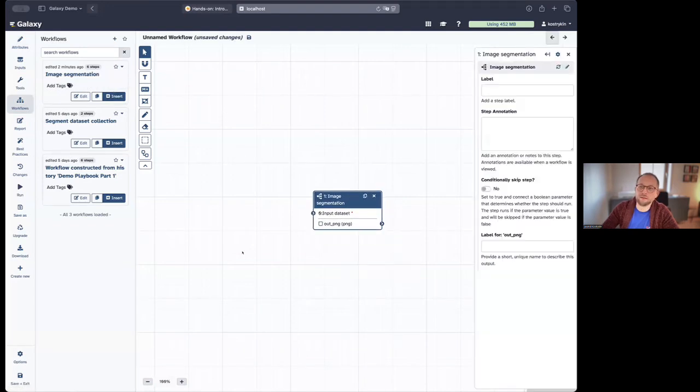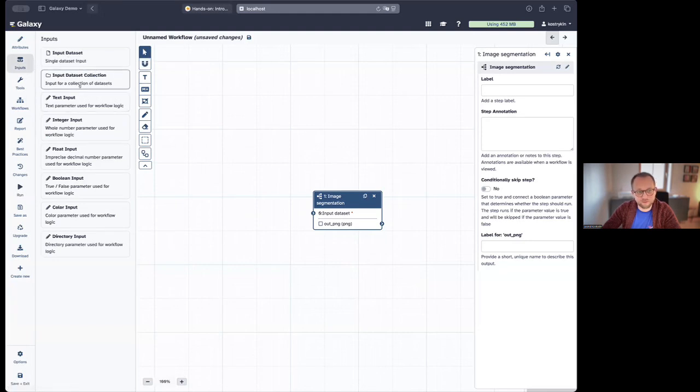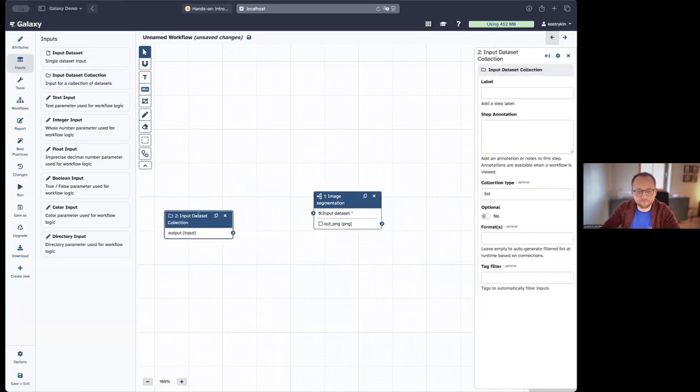And in this workflow here, which is supposed to perform the analysis on a collection of images, I again need to add an input, but this time not just for a single input dataset, but for a dataset collection. And again, I need to connect this input to the input of the image segmentation workflow. And finally, I will mark the output of this embedded workflow here as the output of my wrapping workflow for the whole collection of images.